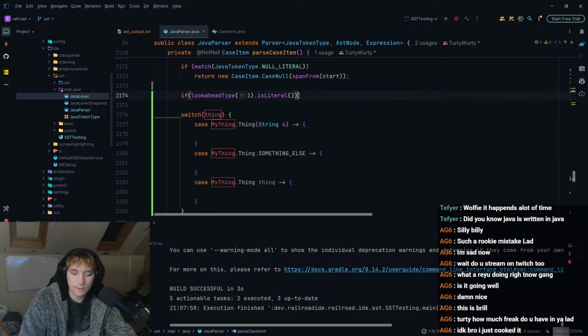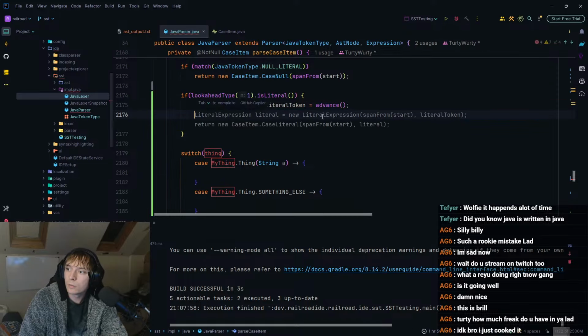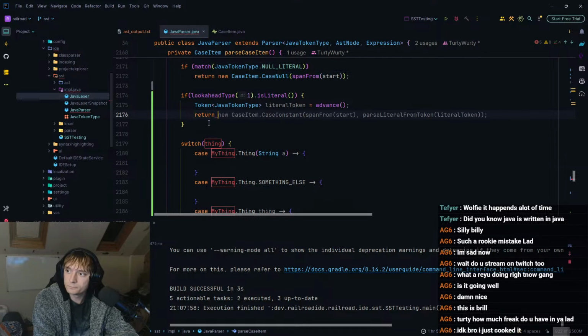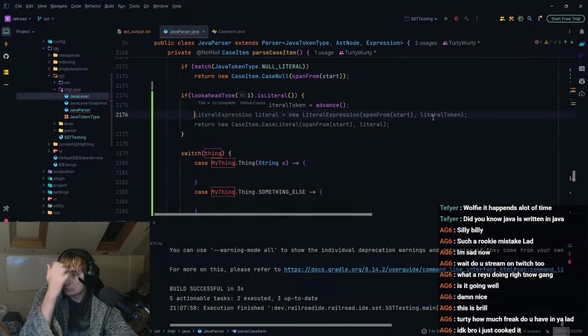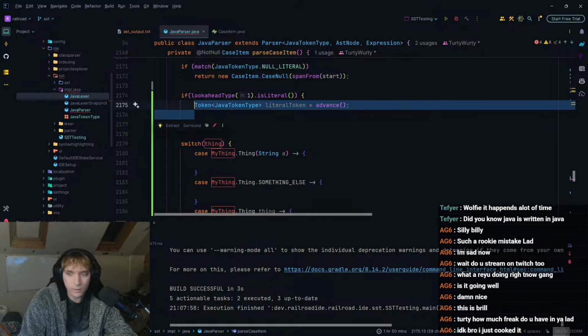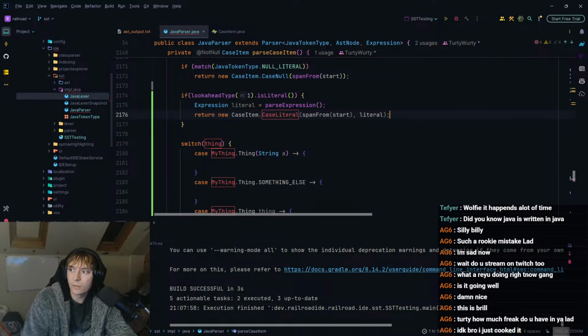So now what I can do is I can say if it's literal, then I need to basically pass that. So I need to say literal token. And then I need to return, yeah, if it's literal, then I need the expression, and then do a case constant like that.